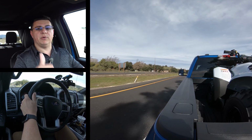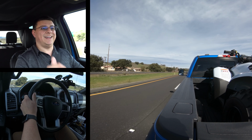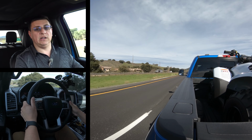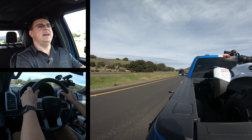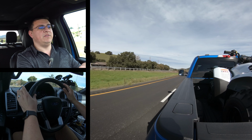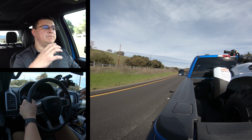And the Tremor is unquestionably capable. We have better approach and departure angles, we have a slightly increased ride height in that particular model. Over 11 inches of ground clearance is an awful lot for a pickup truck. Now, unfortunately, that is going to sacrifice a little bit of on-road performance, but again, Ford's mission with the Tremor